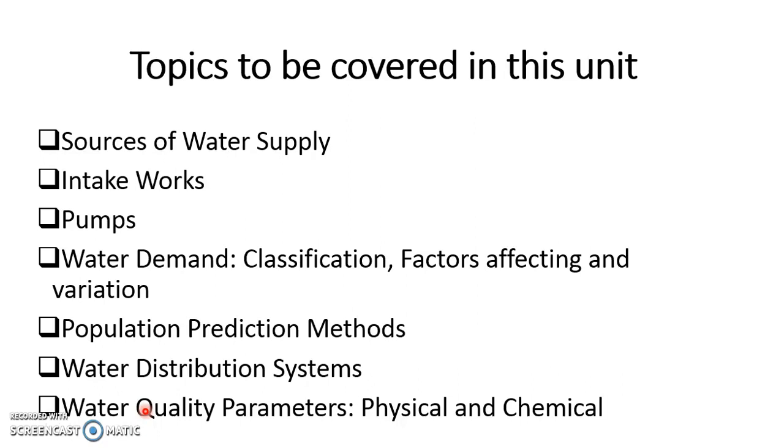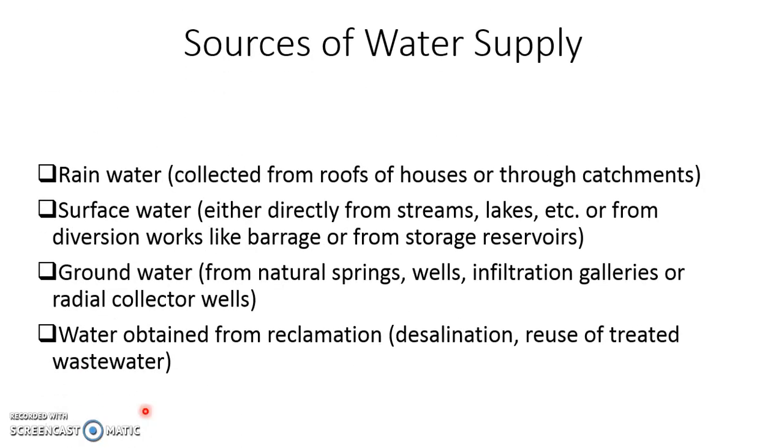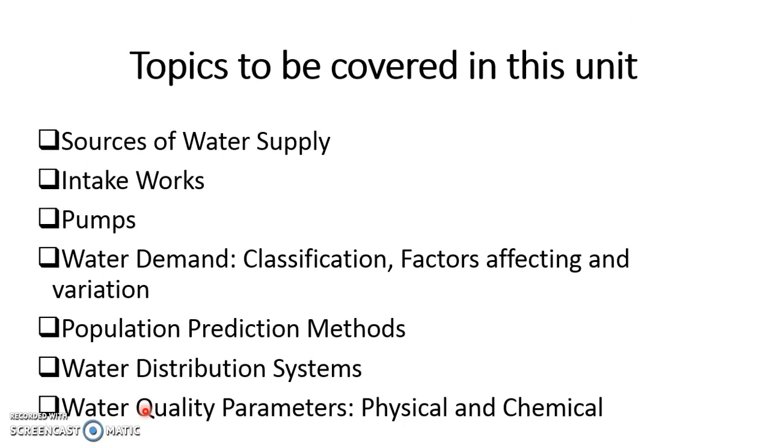Okay. Similarly, chemical parameters are those parameters which are obtained by means of some chemical testing. For example, pH. You cannot judge by naked eye what chemical parameter is there in this water, how much pH is there. You will have to perform some test, some chemical test. Okay. So pH, BOD, COD, these are all chemical water quality parameters.